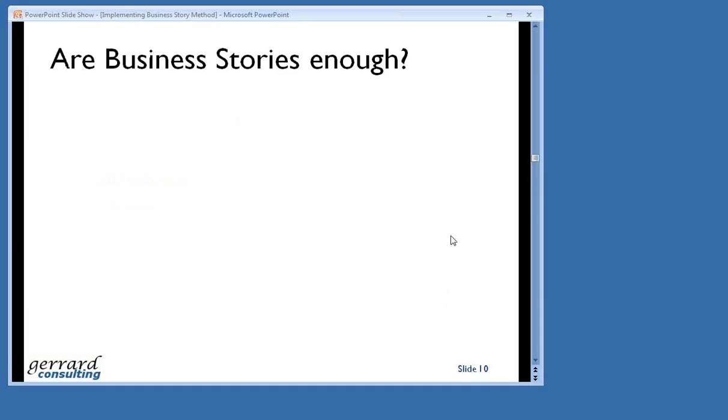So with all this kind of value that you're getting out of business stories, why do you need anything else? Why do you actually need requirements? Surely business stories are enough, aren't they? One of the techniques that's very popular and very common at the moment is specification by example. It's the latest thing, it's very popular, it's very powerful, but I don't think that it's enough actually, and I'll